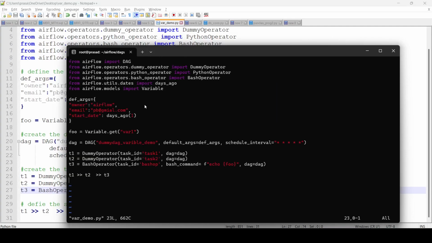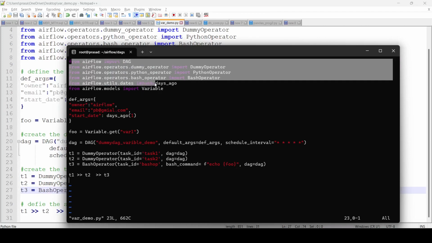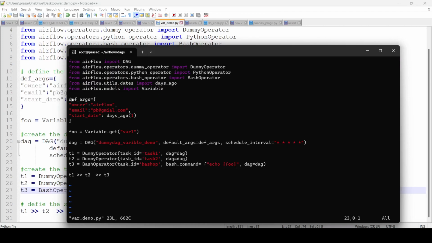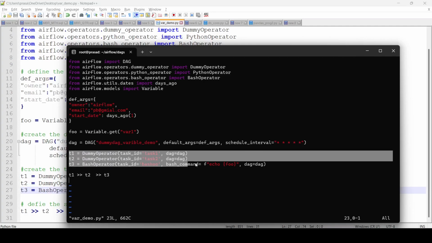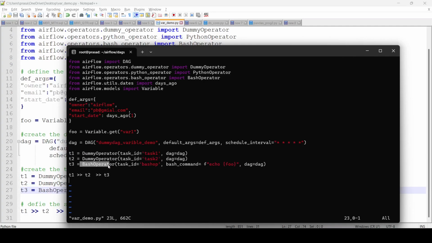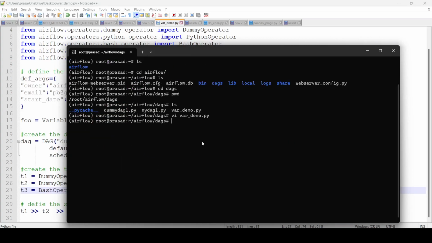var demo, see here, I have imported all the modules and all the required functions. I have created a default dictionary. Then I have created a DAG variable. I have created tasks, 2 dummy tasks, 1 bash operator, and then I have done the sequencing. Now I will close the file, and once this file is uploaded in the DAGs folder,